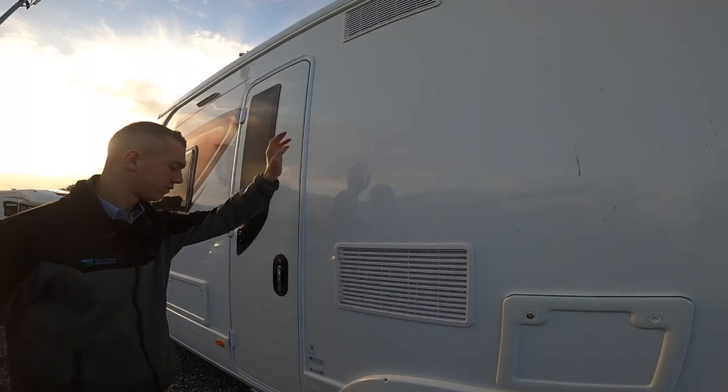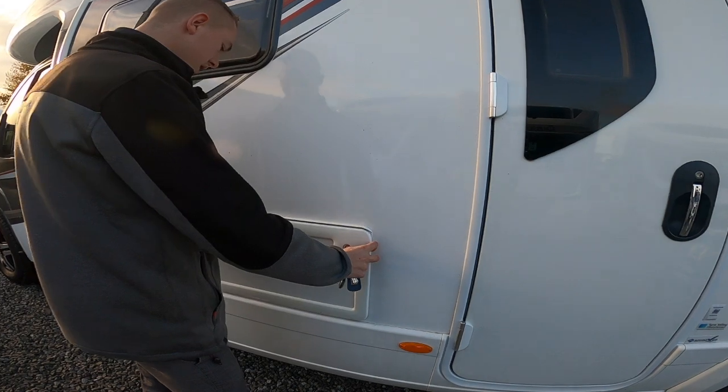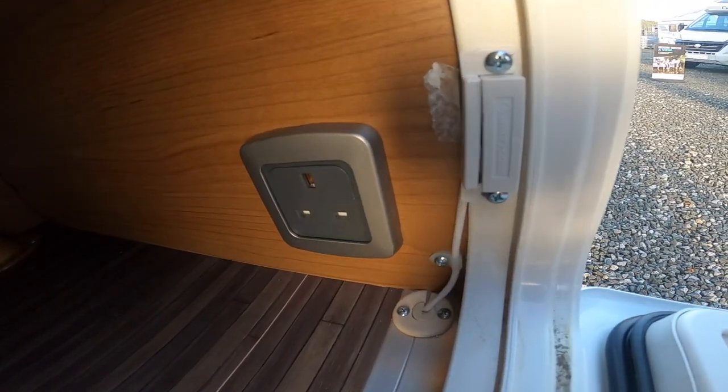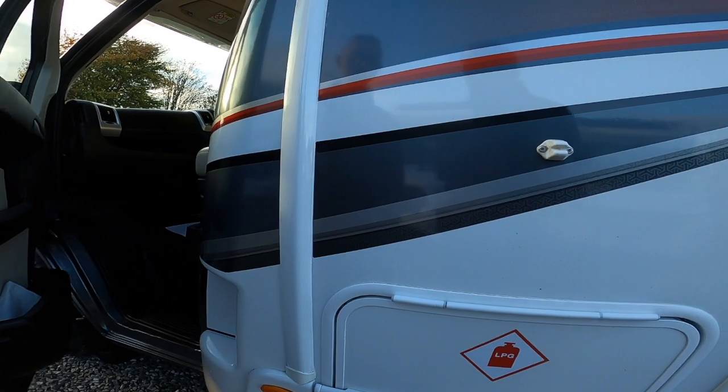Fridge vents, storage underneath your long bench seat there, and you do have a socket, so you can use a socket in the awning in the summer. And then at the front you've got your LPG, so this is your gas locker, and to open it,